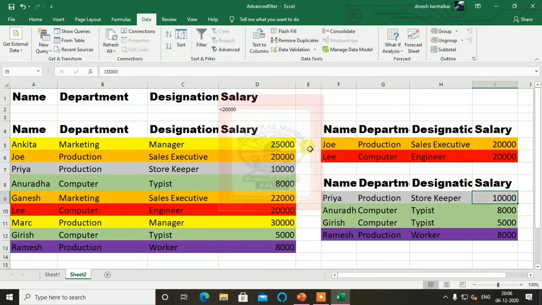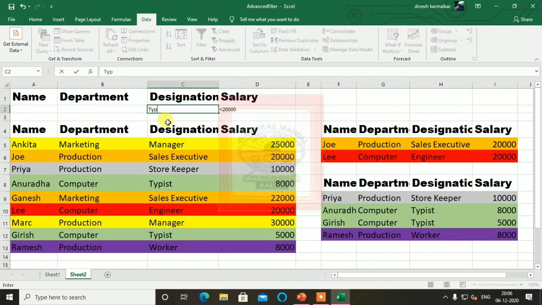For that again you have to change here. Not only salary, if you want the persons whose salary is less than 20,000, and also those who are typist, so their designation is typist, that also we can do. Like here 2 typists are there. I will type here typist, that also we can do.